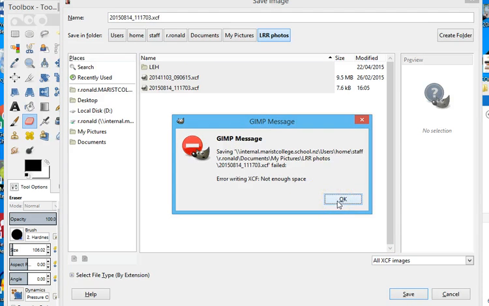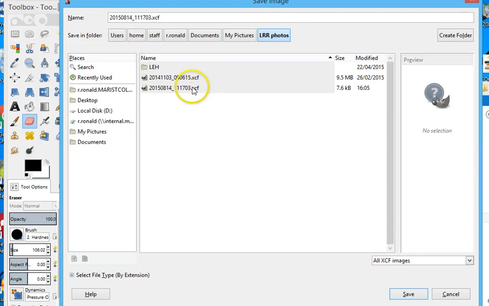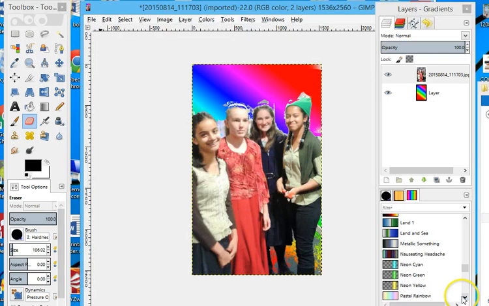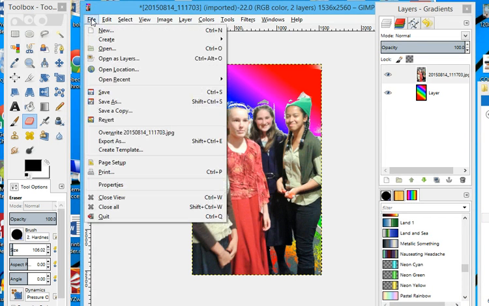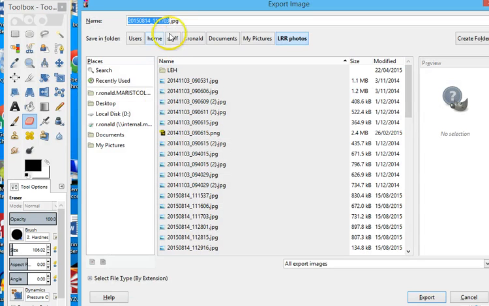And my computer's misbehaving, so I can't actually save anything today, but I'll go through the motions. But the way you need to save it so that you can email it to me is you need to export it. You need to export it as a proper photo image file. So you go export as, and then up here mine's got JPG. That will work, and also PNG will work. Either one is fine. And then you go export. Oh, you've got to make sure you rename it. It would really help if you put your name in it as well. So say I was handing this in to my teacher, I'd go Miss Ronald Rainbow Background. I'd type that to be the name,